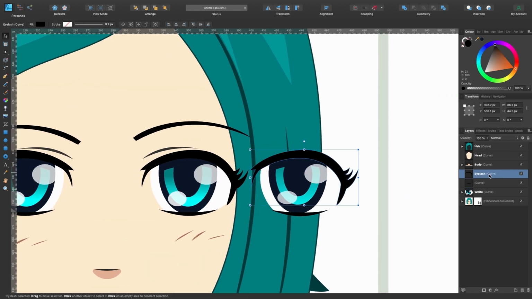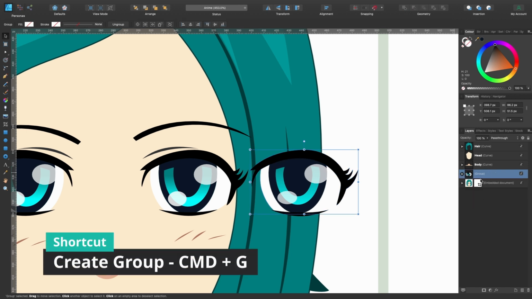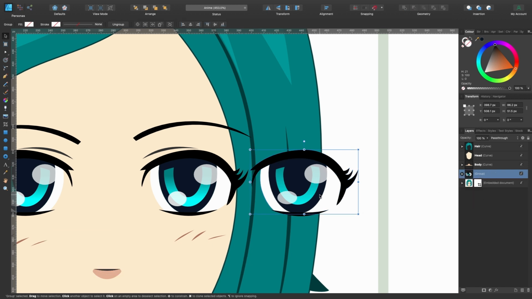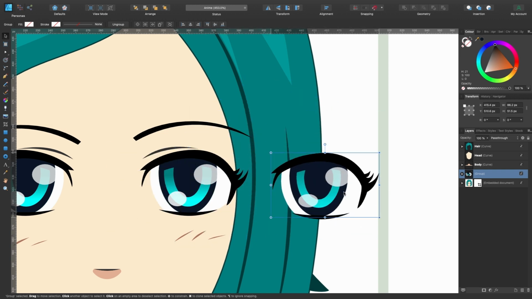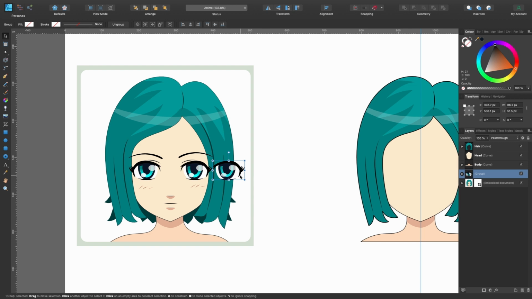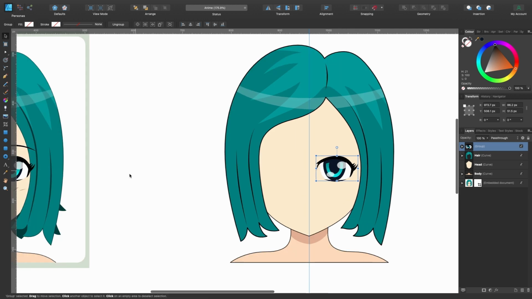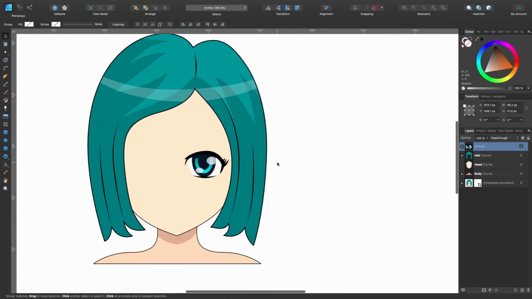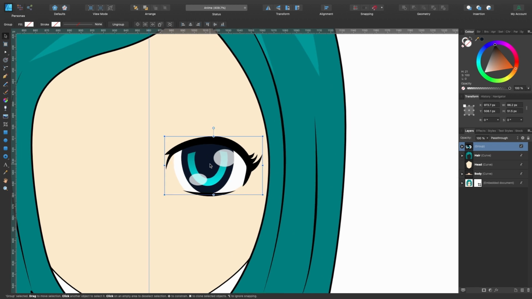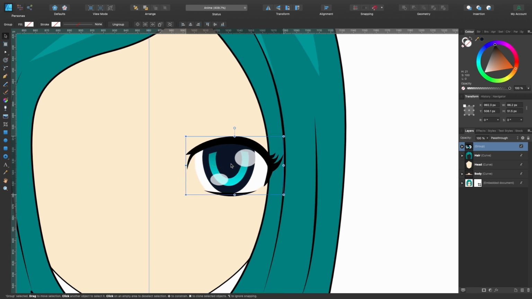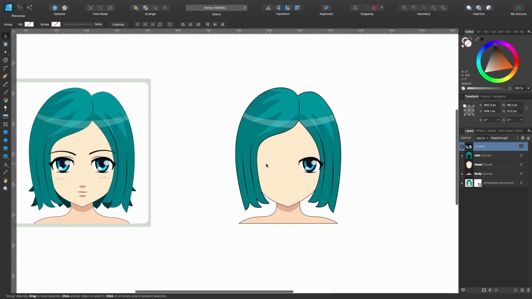I'm going to grab the eyelash and this little bit, that's the lower part of the eye and the white, and we'll press Command G. And Command G will put it into a group. So now when I click and drag around, this will all move around like so. So I'll just click Shift, click and drag across to the side. Obviously it's gone under the layer, so what do we do? We press Command and right bracket to bring it up to the top. So on this one, you can see it's slightly going over the hair, so I will go and do that as well. So pressing Shift, bring it off to the side, somewhere like that. Okay, that looks about right.